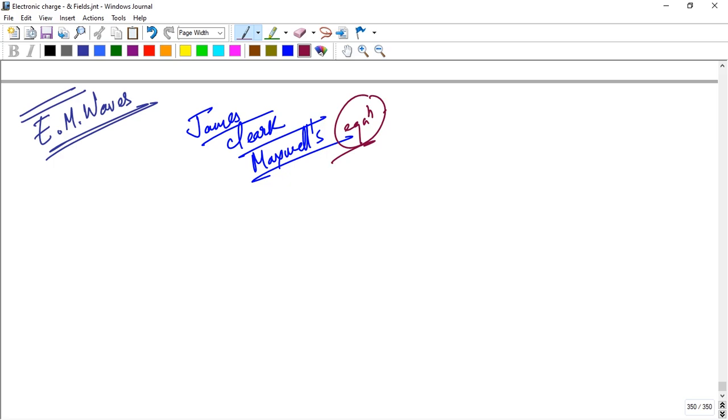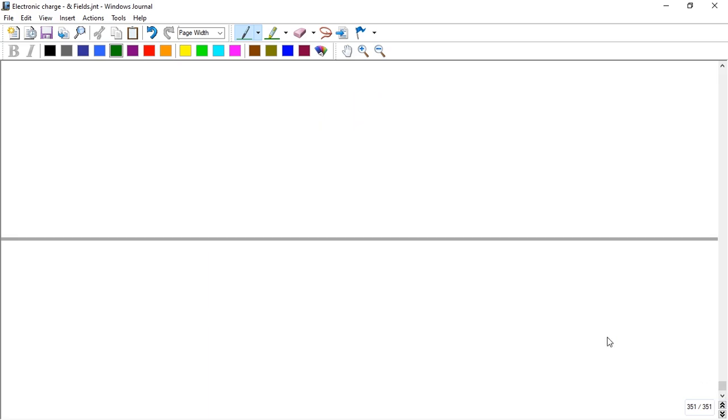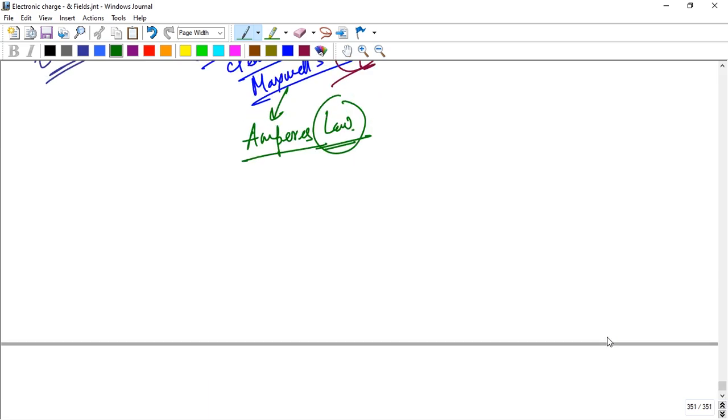So here Maxwell first modified Ampere's law, because there is some inconsistency in Ampere's law, and this inconsistency was recovered by Maxwell. So where does the inconsistency come from? Suppose we choose a capacitor